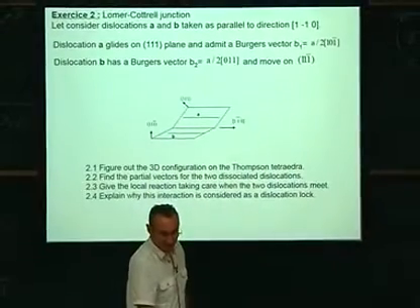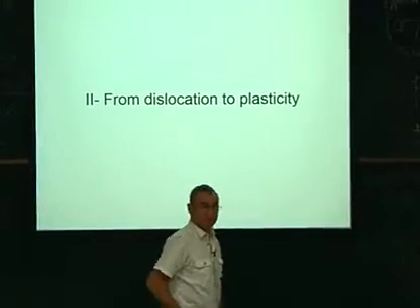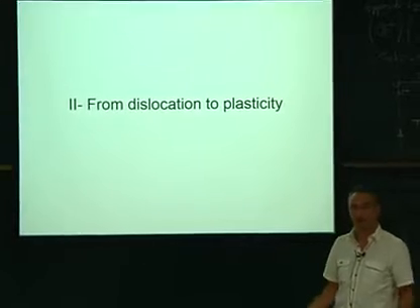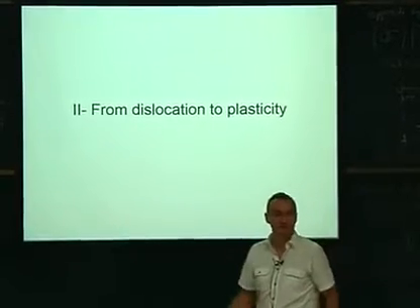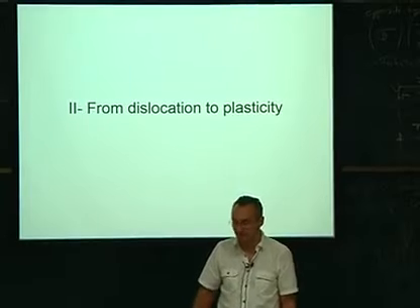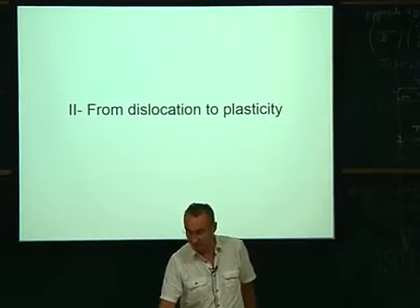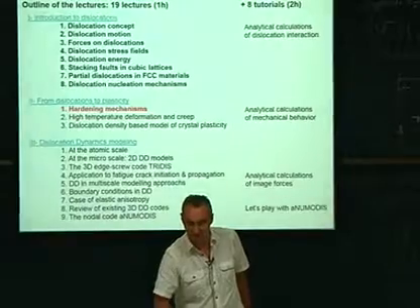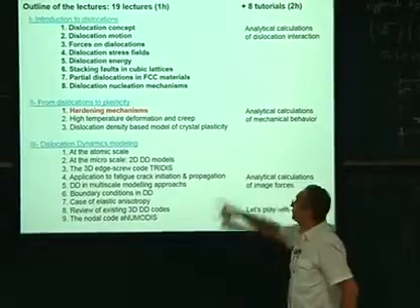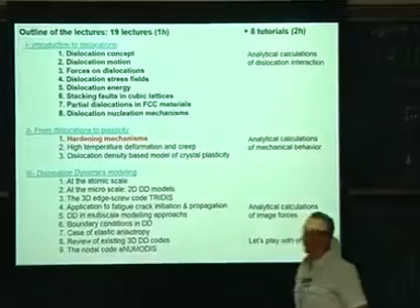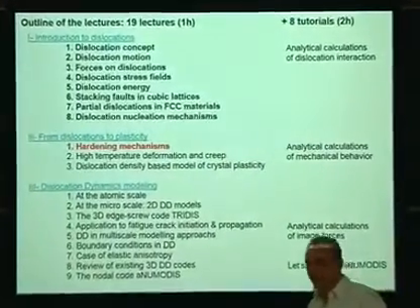And now let's start with the next lecture, which is about going from dislocation to plasticity. How do those dislocations lead to plasticity? What are the mechanisms? Because there is not a single one, but many, that are involved in the relation between dislocations and the mechanical behavior. So that is where we are now located in my lecture set: hardening mechanisms. This is what I will speak about.